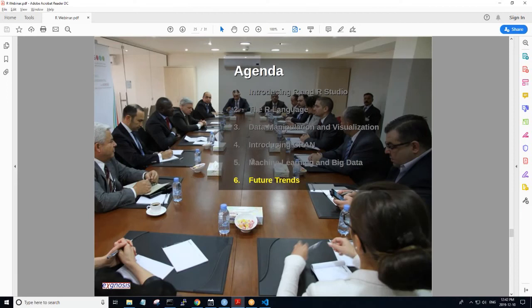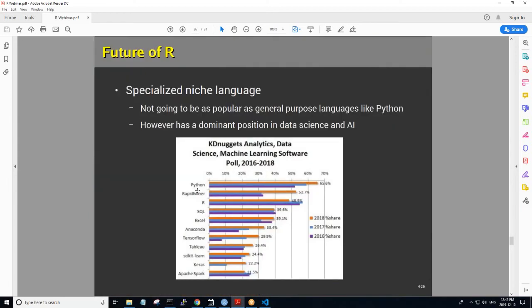This kind of ability to interact with these other tools is one of the things that's really driving R. Now we're going to be realistic and say that, as far as the future of R goes, R is a niche language. It's not an everyday common ordinary programming language. To compare R to Python is a bit unfair because Python has a wide range of uses. It's a general purpose programming language.